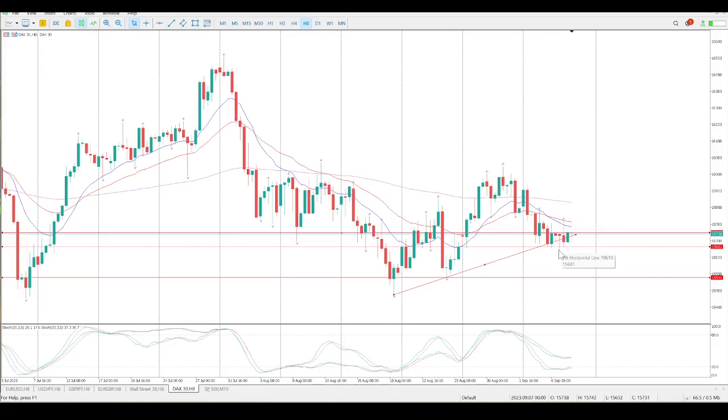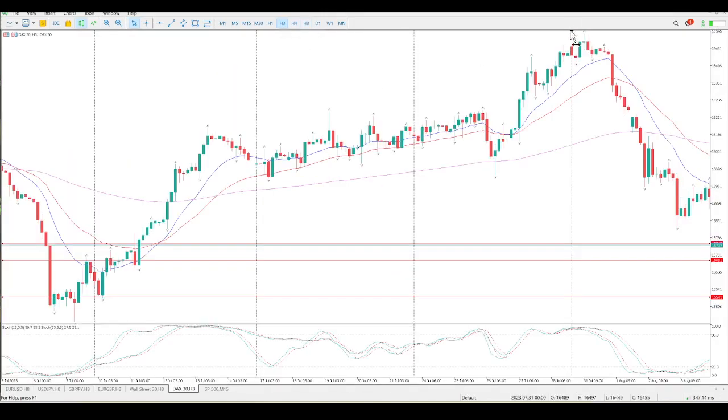But from an 8-hour perspective, tails to the downside, tails to the upside. That's barbed wire. That's extreme confusion at the moment, and nobody really knows what's going on. From a bullish perspective, we do have divergences here. I can see lower lows, higher lows, but we are below the moving averages. So the only thing that is kind of bullish is the indicator. Divergence with a separation: the two oscillators have separated and crossed over. That's the only signal we have, so we'll take that as an indicator that something is going on, but nothing concrete on the table.